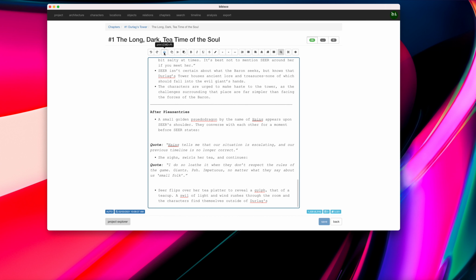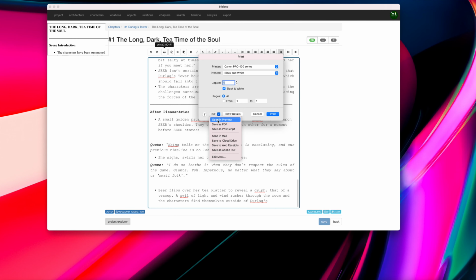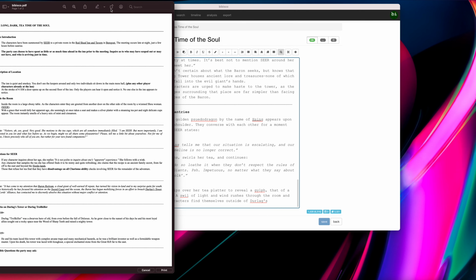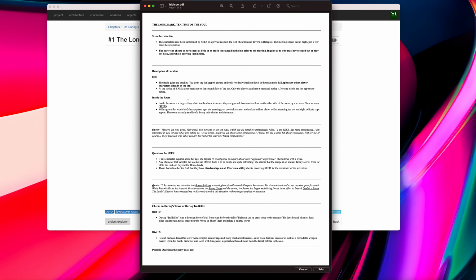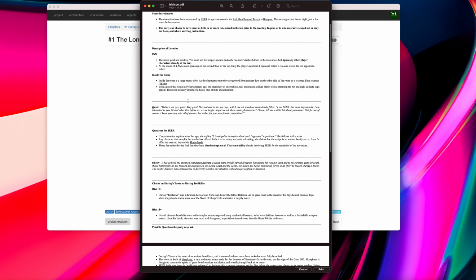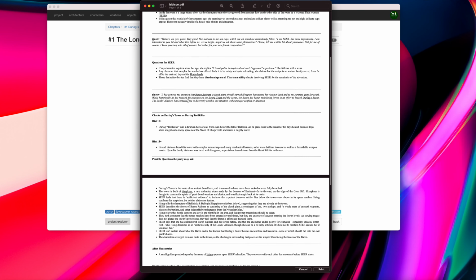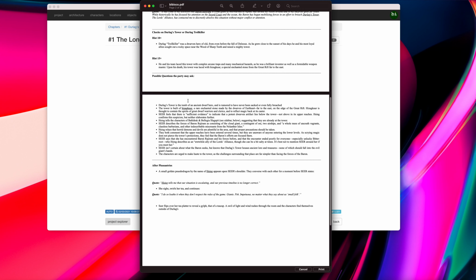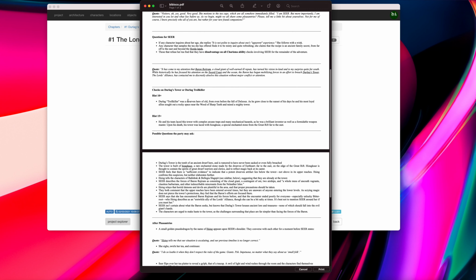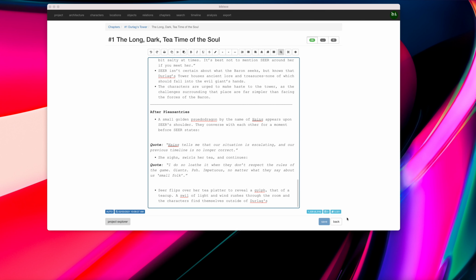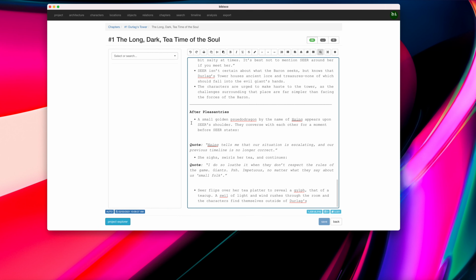And again, if I pull this up in a print or PDF, this is how it would export. I feel this is pretty readable from a DM standpoint to use on the fly when you're referencing your stuff inside the game. Also, I'll pull up the Project Explorer, which I referenced before, because again, you can